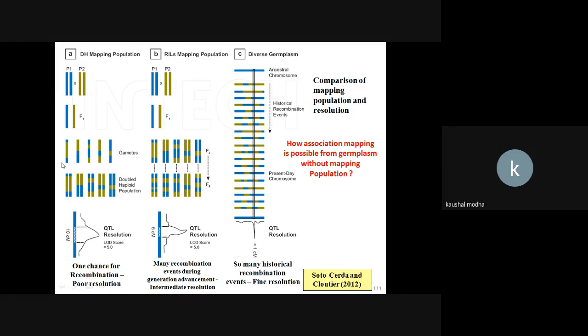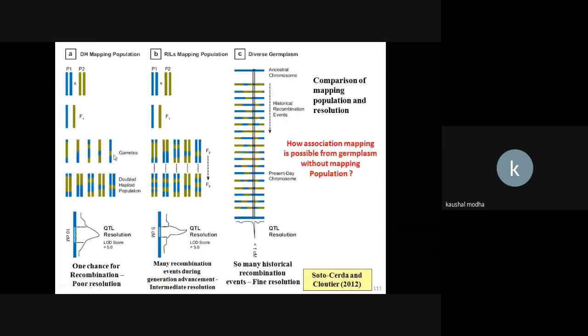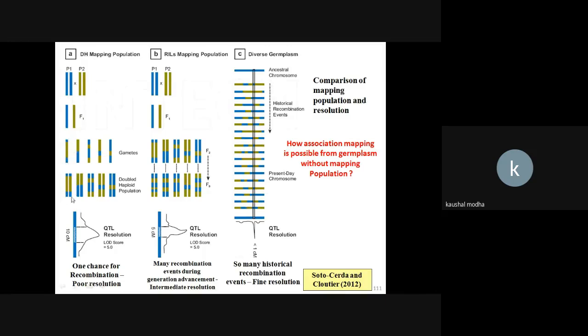The same thing is applicable to all remaining chromosomes. Suppose this is the gamete of rice, only one chromosome is shown here. The other 11 chromosomes you have to imagine. Likewise, the same thing is happening with each gamete. Then we double the chromosome number. So whatever recombination blocks are present in one gamete, they are in homozygous condition, as double haploids are 100% homozygous. Now, the chance for recombination is given once only, in F1 meiosis. And that's how, if we look at the resolution at a LOD score of 5, that means an error probability of 1 out of 100,000,